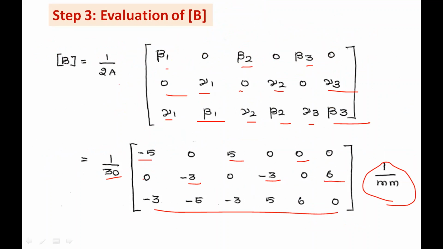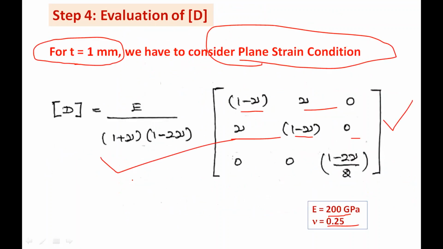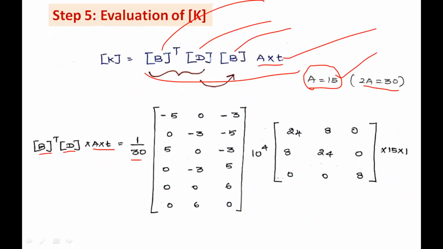So you will get 3 by 6 matrix into 6 by 3. So 1 by 30 is the constant. So here we are converting the rows into column like this. So we are getting the 6 by 3 matrix here. Now this is the D matrix. So D matrix is the 3 by 3 matrix. So multiplying these two, we are going to get the 6 by 3 matrix again. This 6 by 3 matrix will be multiplied with a B matrix, which is a 3 by 6 matrix. We will get the 6 by 6 matrix. Now how to do this matrix multiplication? We have to do using calculator. Let us see.